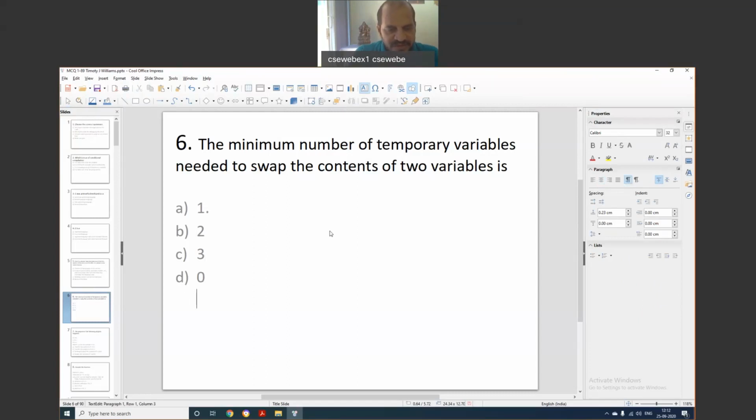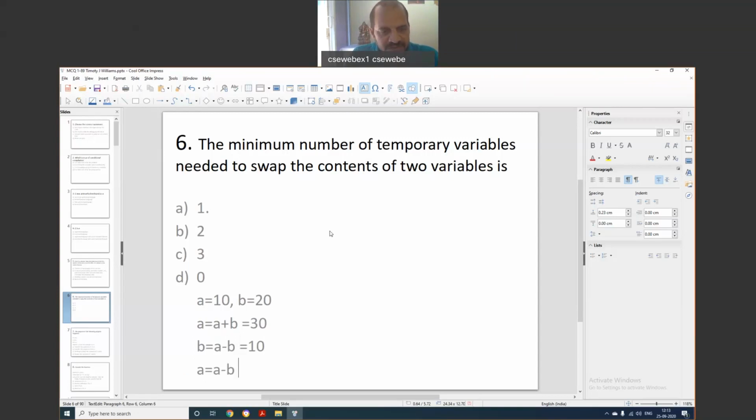Now see here, is this visible to you? Whatever modifications I'm doing, A is equal to 10, B is equal to 20. Is this visible, which I am writing? Yeah, that's good. So we can write here. Now A is equal to 10, B is equal to 20. So now A is equal to A plus B, so it will become 30. Now again B is equal to A minus B. A is already 30, 30 minus 20, so that will become 10. 30 minus 20 is 10. So B will become 10. So now A is equal to A minus B.